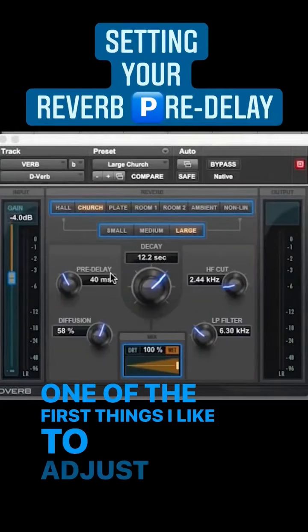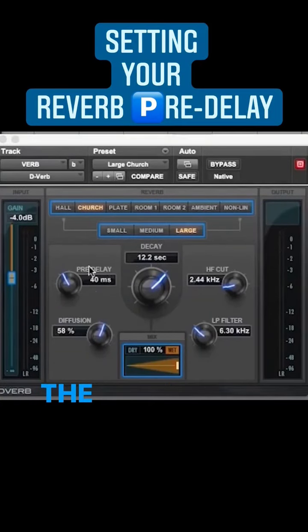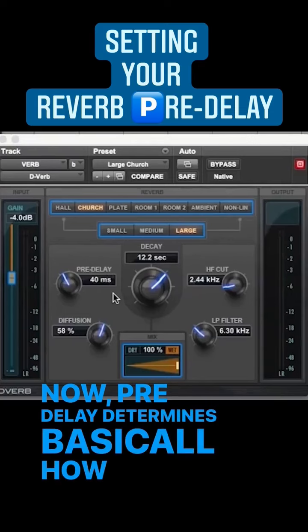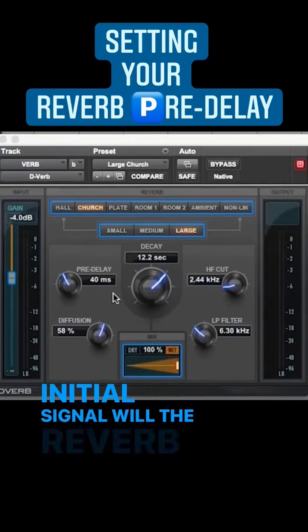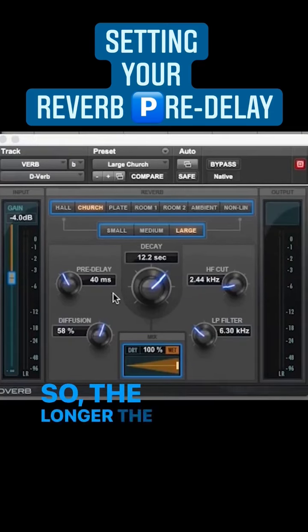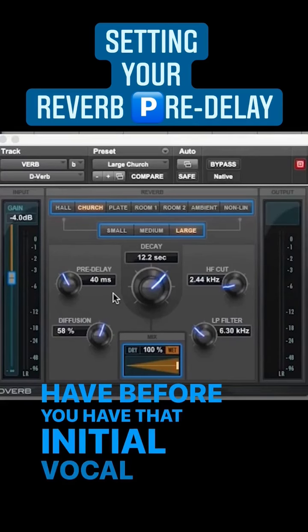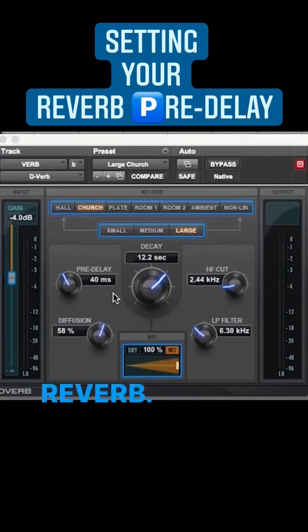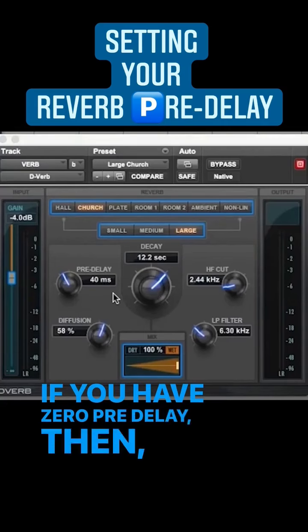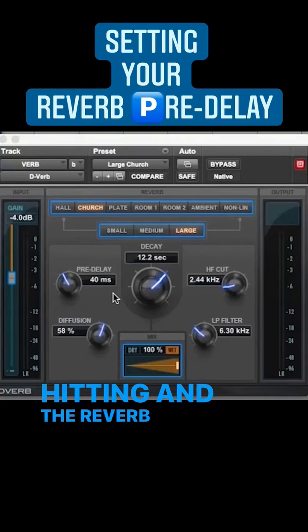One of the first things I like to adjust with my reverb is the pre-delay time. Now, pre-delay determines basically how long after that initial signal the reverb will start, okay? So the longer the pre-delay is, the longer you're going to have between that initial vocal and the reverb. If you have zero pre-delay, then as soon as the vocal hits, the reverb is happening at